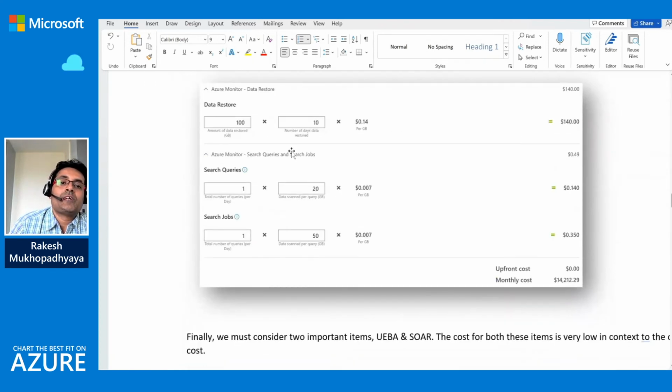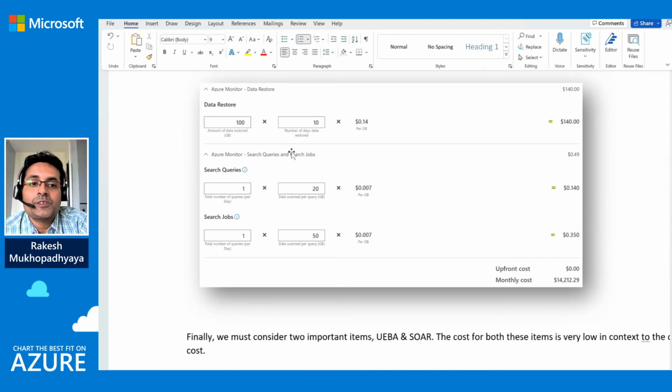And then next is coming data restore, search query, and search job. So unless the customer consumes these services, they will not need to pay anything for this. Okay, so data restore is basically, if you have archive log, and if the customer has a forensic requirement that they want to restore the data, then the data restoration cost will come.